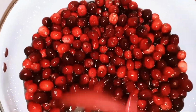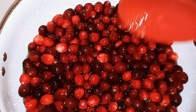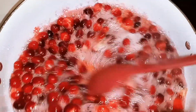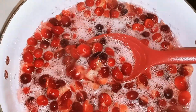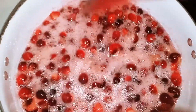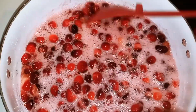Next we're going to wait for it to boil, and you're going to stir occasionally. Okay guys, our cranberries are now boiling, and if you look, you can see them popping. They're releasing the pectin into the water and the sugar. So what you want to do is continue to cook and stir,